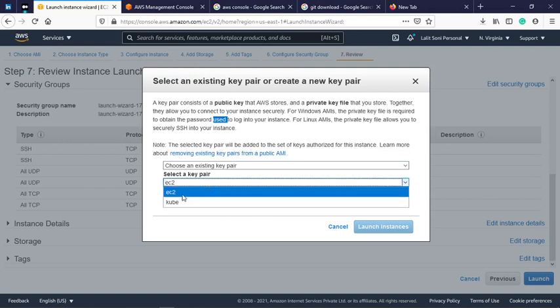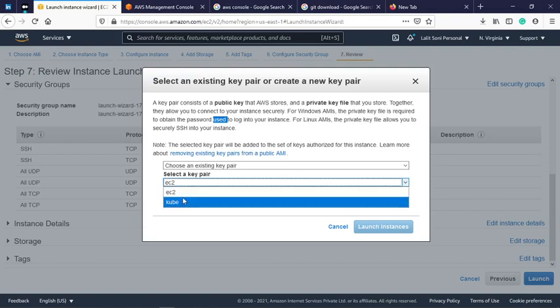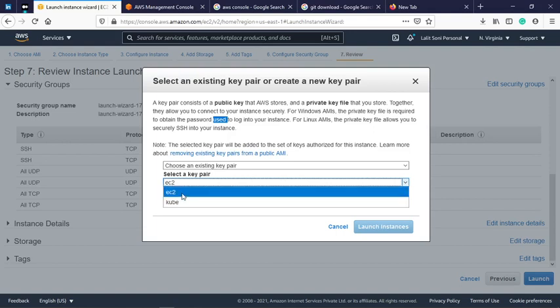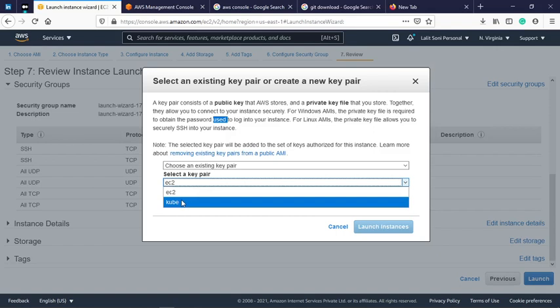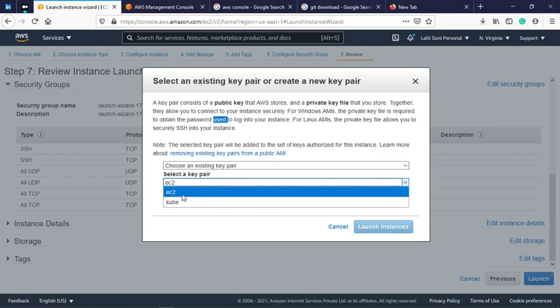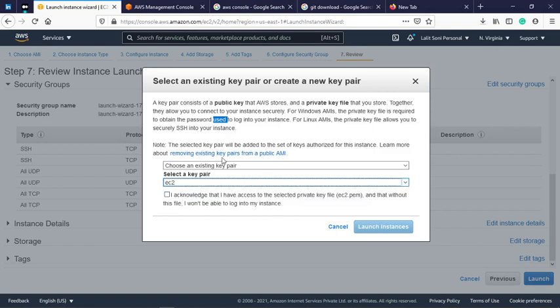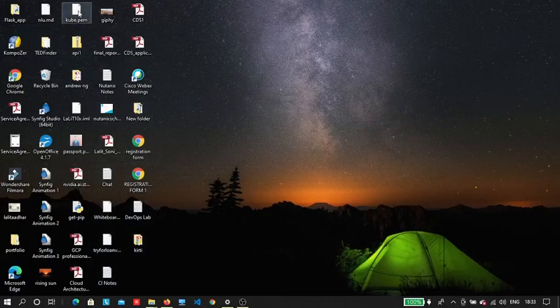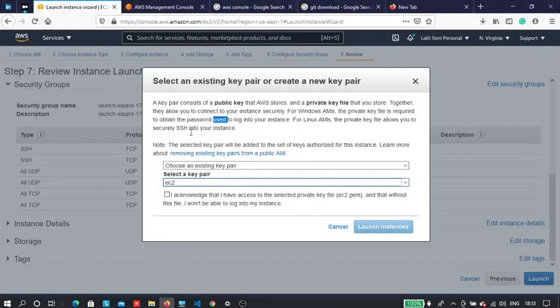Right now I have built two keys: EC2 is one name of my key, and another one is cube. Let me first check which key I have on my desktop. I have cube on my desktop, so I will select cube.